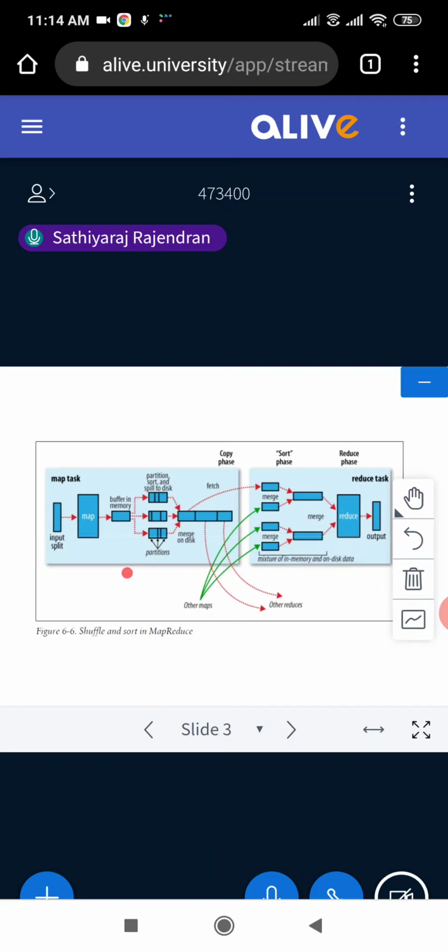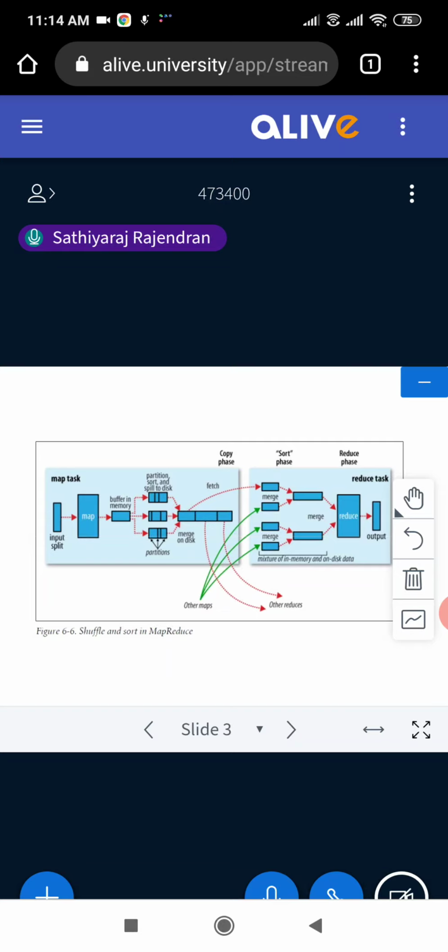Okay. So once this partition is done, then it is going to merge that, where you can see it will be placed like a buffer. It will be just like a pool of queues where a set of objects can be placed on it. So from where it is going to fetch? And what is meant by copy phase?